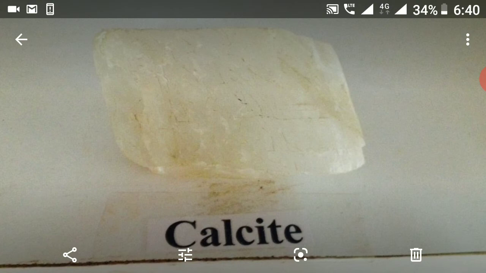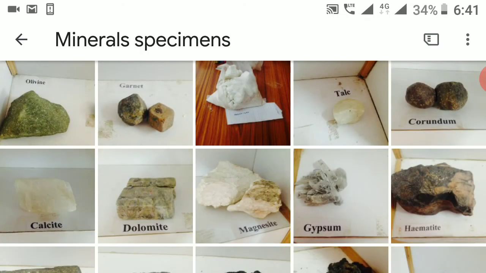And massive. Massive is an irregular structure in any shape. There is no perfect shape for the mineral, is called massive. Best example for massive is magnesite. And last habit is nodular, smooth, rounded, or irregular masses like river gravel, pebble. Example, flint. Flint is the best example for nodular.